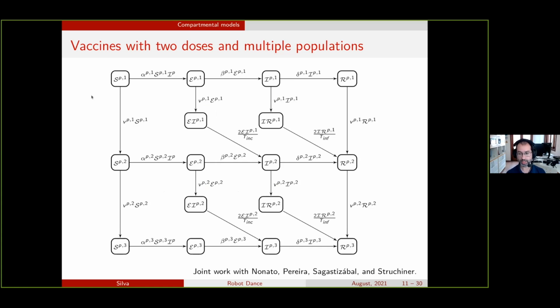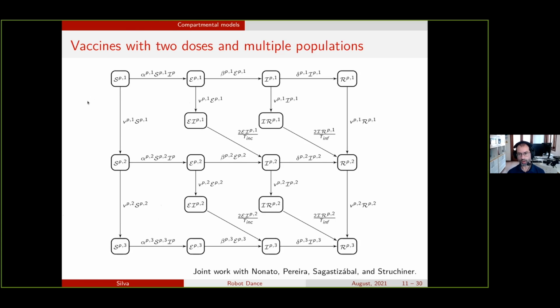And one of the things we wanted to assess here was whether the optimal control method would decide to postpone the second dose depending on the efficacy of the first dose with respect to the second dose. This work was also published already. It's published in the Proceedings of the National Academy of Science. It was published like 2 months ago.